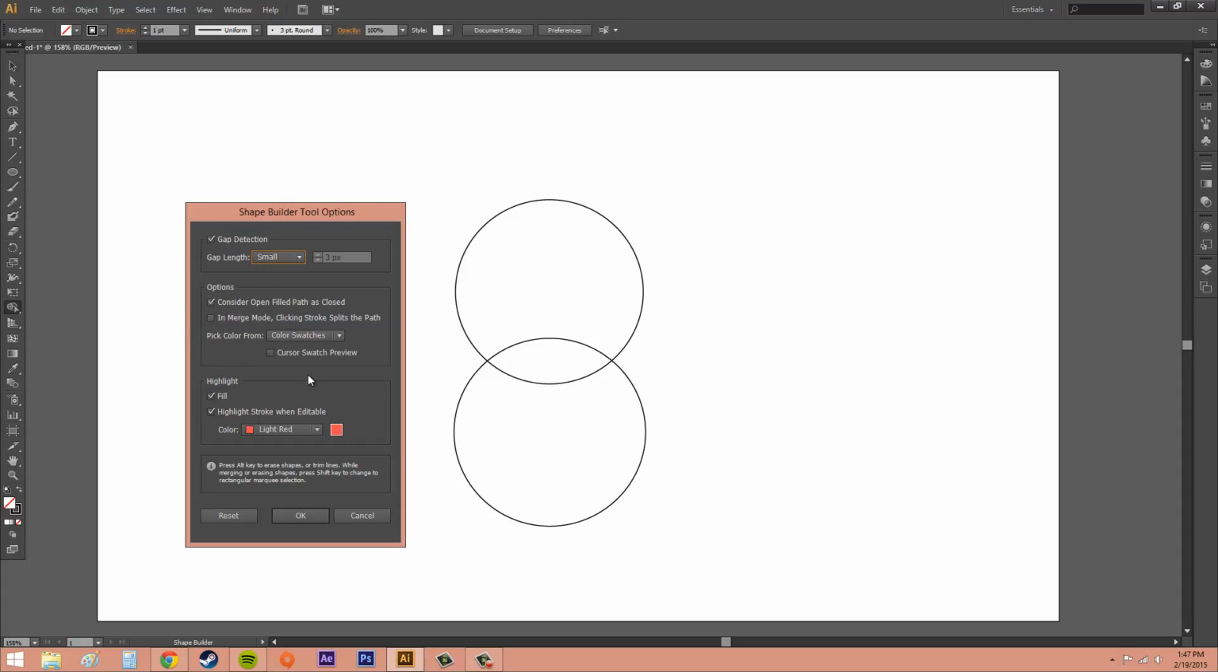Not everything's really that important, but the first thing we've got is Consider Open Filled Path as Closed. If you select that, you create an invisible edge for an open path to make a region. The second one we've got is in merge mode, clicking stroke splits the path. So if you select this, you split the parent path into two. The first edge you click specifies the split location,